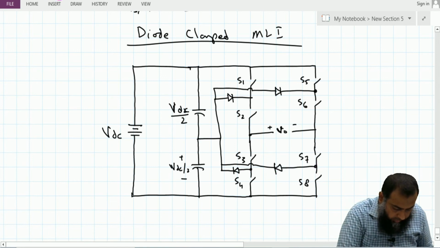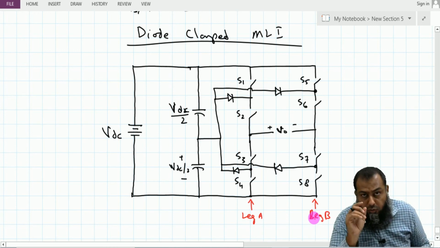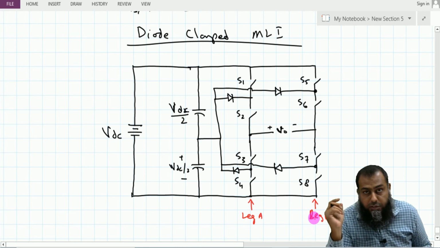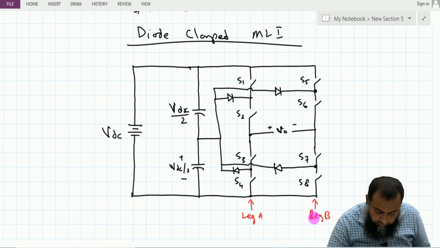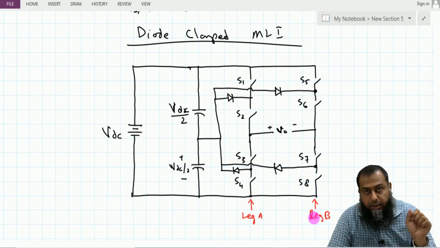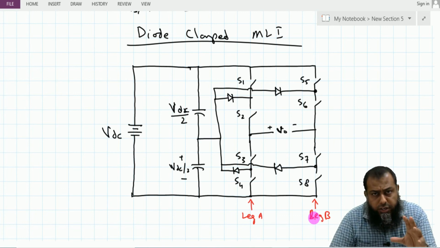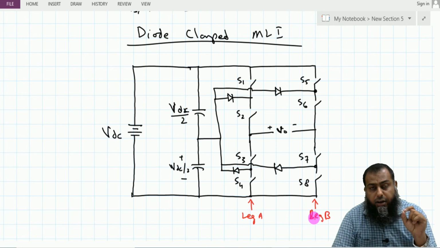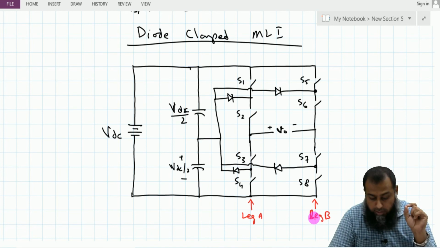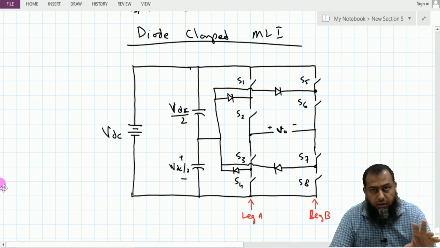So you can see here that each leg, this is leg 1 or leg A, and let us say this is leg B. Each leg contains twice the number of switches compared to an H-bridge inverter. So here we have 1, 2, 3, 4. We have 4 switches available, and 4 switches are also available in this leg B. Also, we require these 4 additional diodes here. So although the logic is simple, we still have a number of components which are required to generate a multi-level output. We will discuss this case for leg A only, and that will suffice for the complete operation of the inverter scheme.